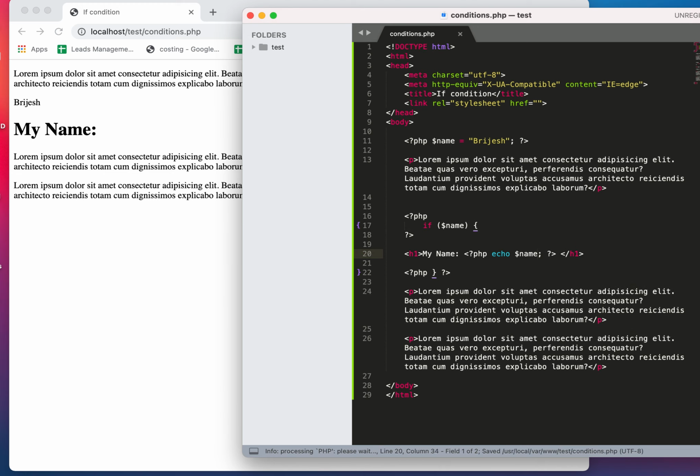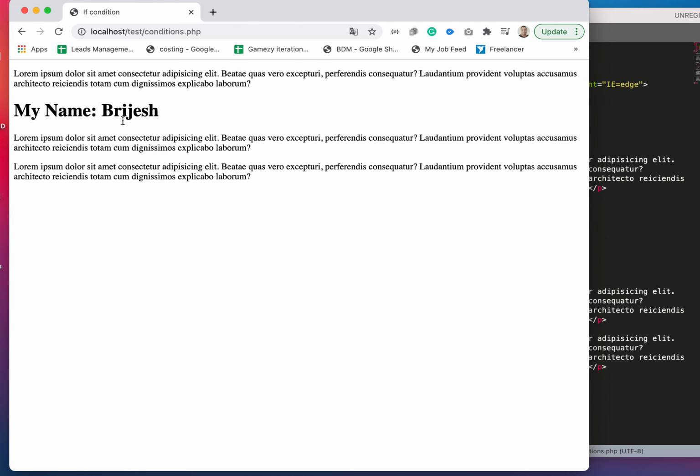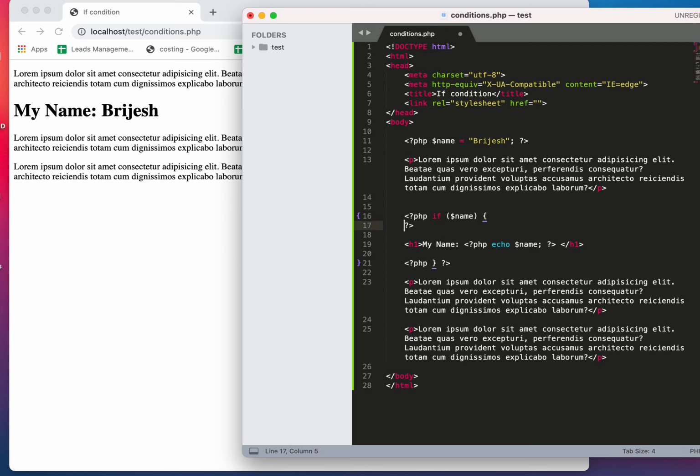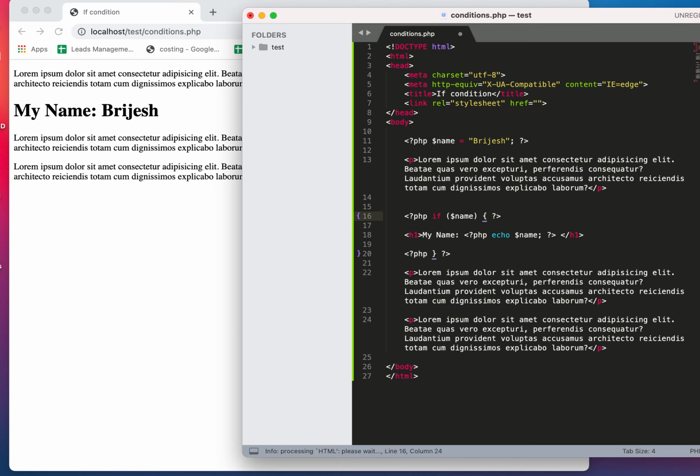Understood? What have I done? I broke the PHP. This looks more beautiful. So see how I have integrated PHP into HTML. Wherever it is starting, I can also make this one line. It's up to me how I write the code. Generally, if it is a short code, PHP is made in one line. It should look neat and clean and readable. So this makes more sense.